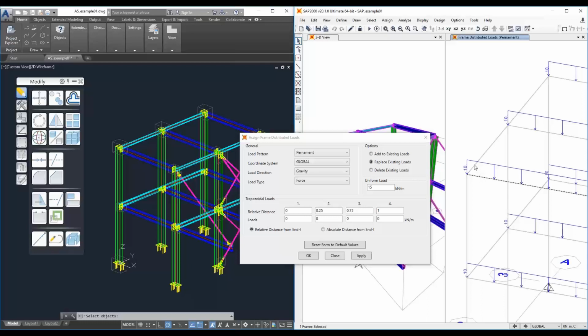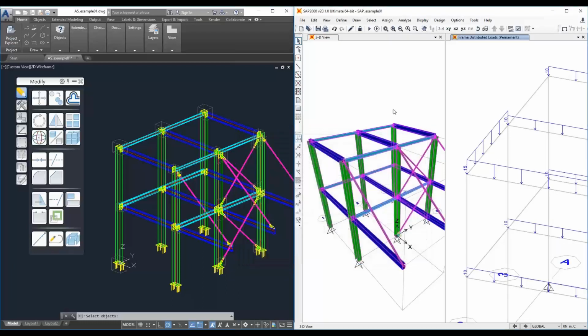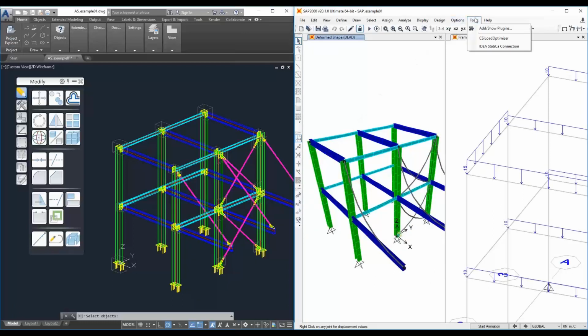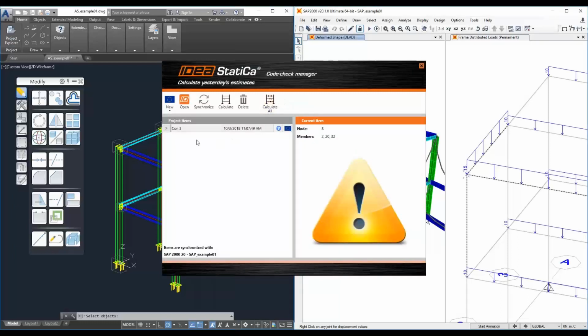On this one and on this one. 15, okay, apply, great. We increase the load. Now we have to recalculate the project again. Great, we have results. Okay, let's turn on the IDEA StatiCa connection plugin, code check manager,